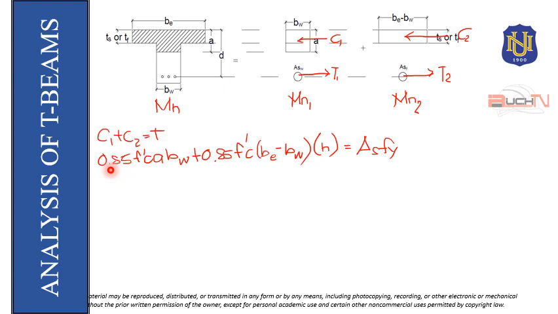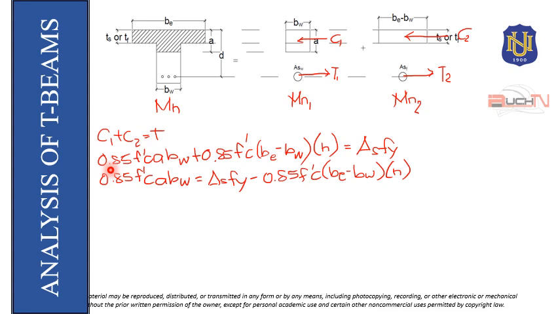So, arrange natin. So, that will be 0.85 f'c a bw is equal to As fy minus 0.85 f'c be minus bw times h. So, dividing both sides of the equation by 0.85 f'c bw, so we could arrive to a value of a equivalent to